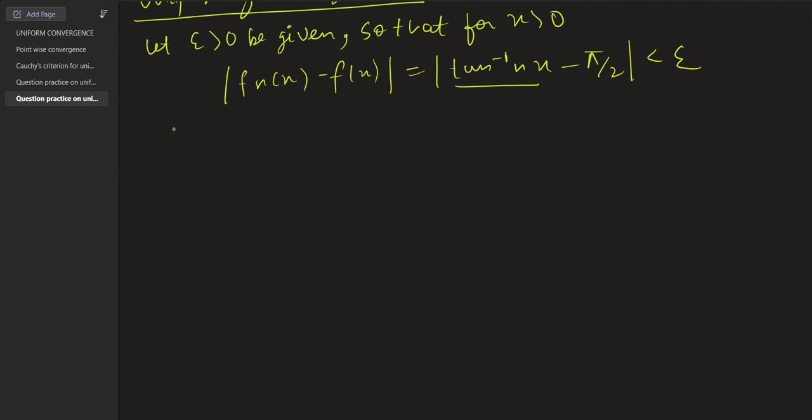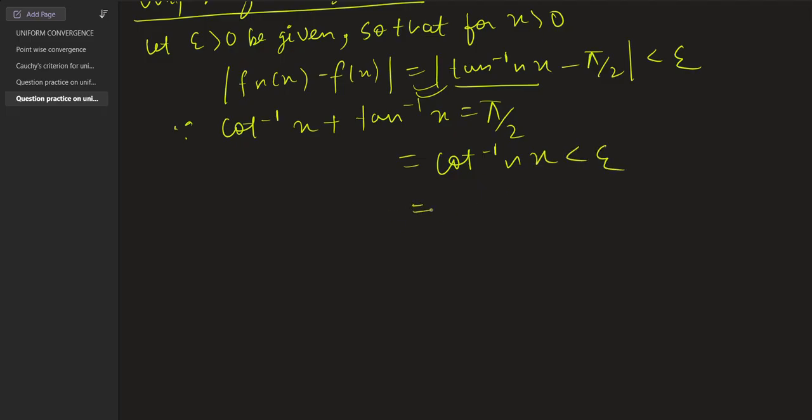As we know, since cot inverse x plus tan inverse x is pi/2, we can change this term to cot inverse of nx is less than epsilon. If you put nx here and take cot to the other side, n is greater than cot(epsilon)/x,